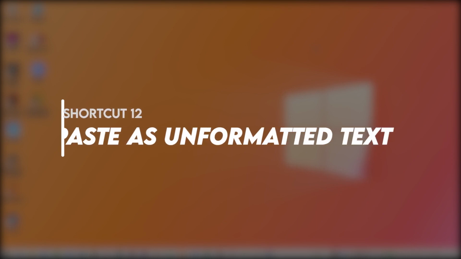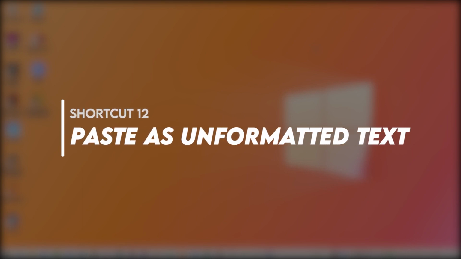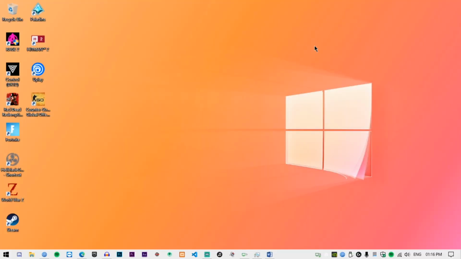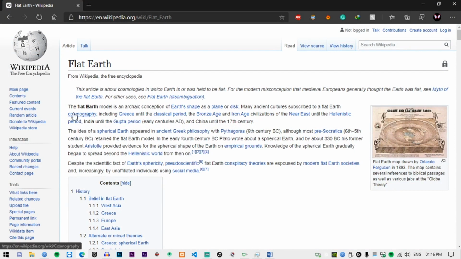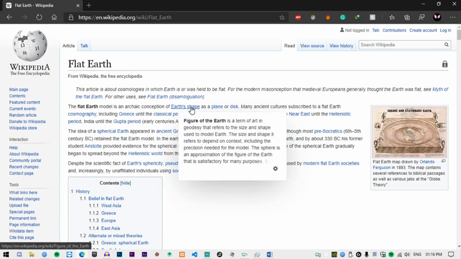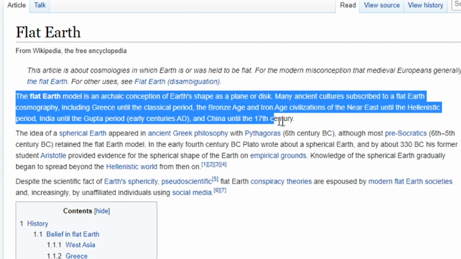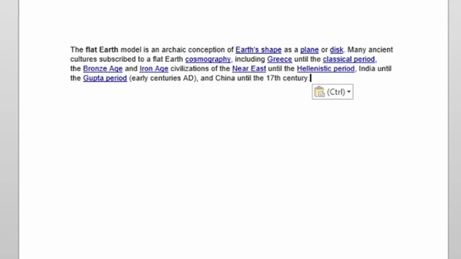This will be really helpful if you are copying stuff from websites which have a lot of hyperlinks or other formatted text. The most popular one would be Wikipedia. Say you have a Wikipedia page open, you might see there are a lot of hyperlinks, and if you copy anything from Wikipedia and paste it in a Word file, you might get something like this. A lot of people then retype or disable the hyperlink, which is quite cumbersome.